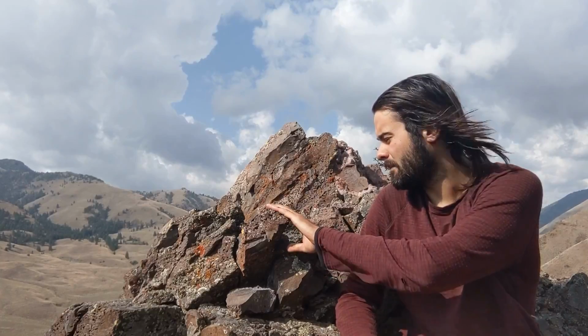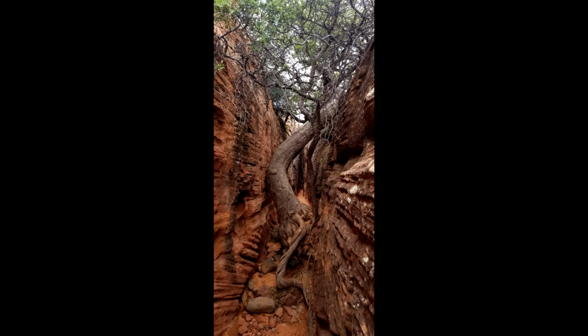Now, what's really crazy is rocks usually have tons of different minerals as well as elements that get trapped inside them while they're forming. So as these lichen break down the rocks into smaller and smaller pieces, it can create abundant soils, which plants, where they normally wouldn't be able to grow, they normally wouldn't be able to survive in this environment, the lichen have directly created new, fresh soils for plants to be able to grow in extremely hostile environments where they normally wouldn't have been able to grow because there was no soil. So they directly increase the amount of soil on our planet, but